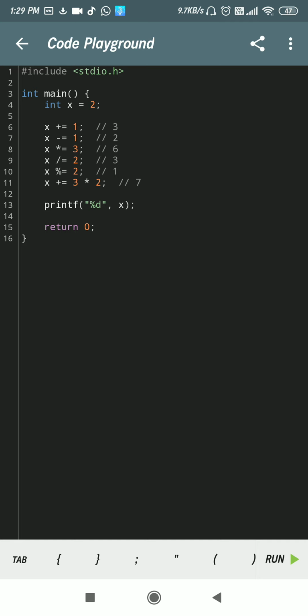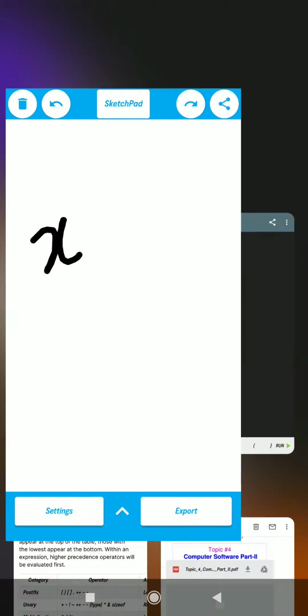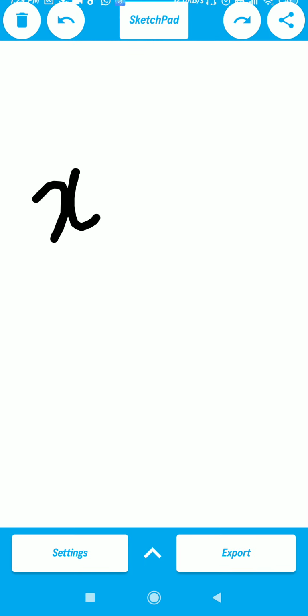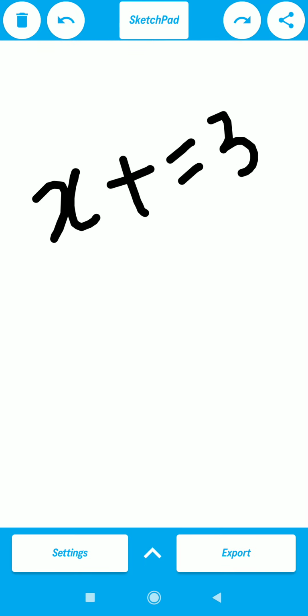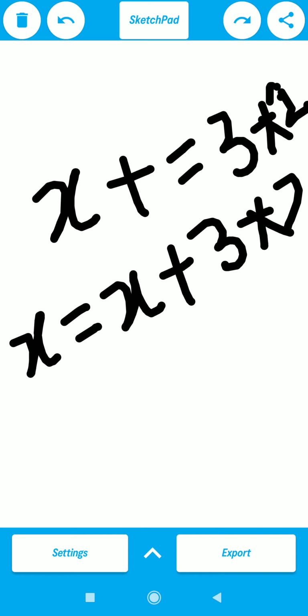After that I will apply this expression. See here, what does this expression exactly mean? This expression means x equals to x plus equals to 3 multiplied by 2. The previous value of x I have is 1. So the meaning of this is also like this, 3 multiplied by 2.